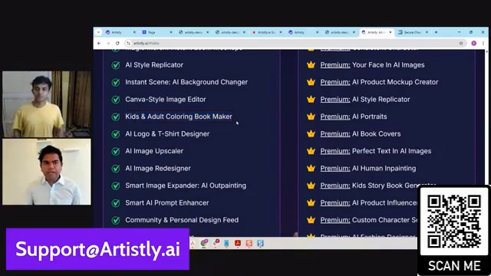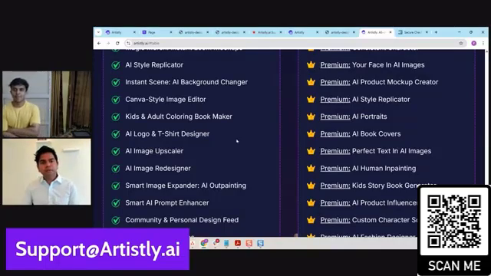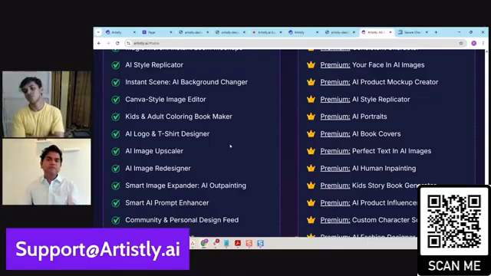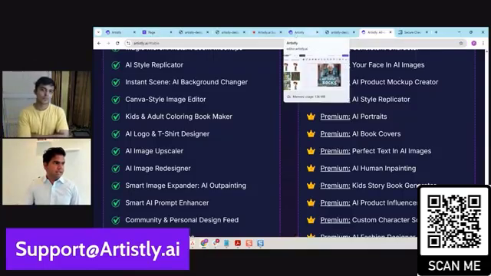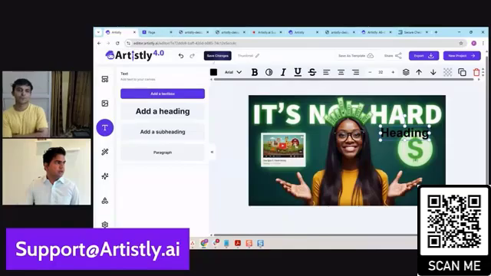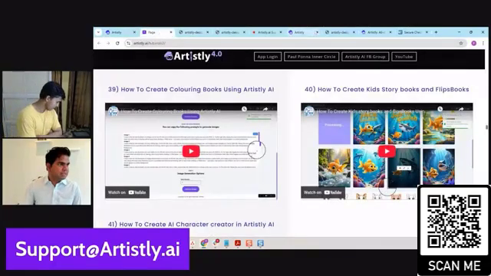But what we are realizing is the future is not here. Meaning Photoshop and say a Canva, those are the old way of doing things. The new way of doing things is basically that the AI should think and give you what you want ultimately. So what that means, in other words, is if I go into the Artistly application, so let me go back here. Let's say go back to the Artistly editor.